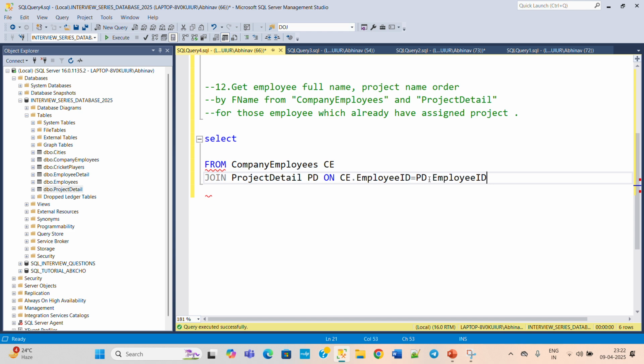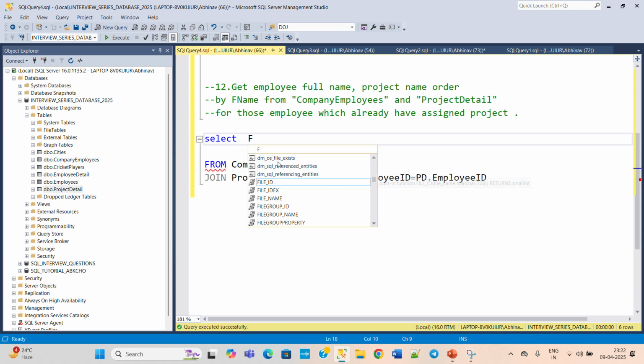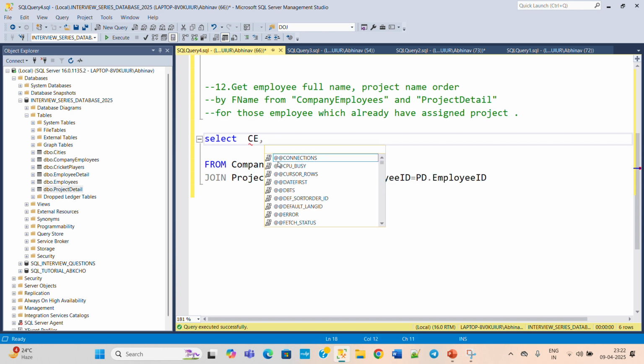Okay, so this is the join condition, and now we need the employee full name. For employee full name we need CE dot F name. So always provide the alias name while using the join condition, so that you will not get the ambiguous error. So CE dot first name, CE dot